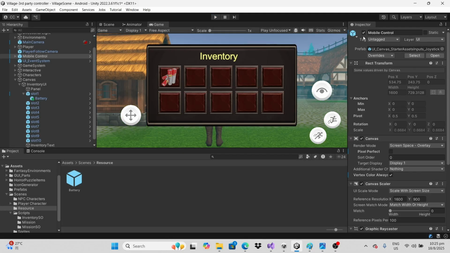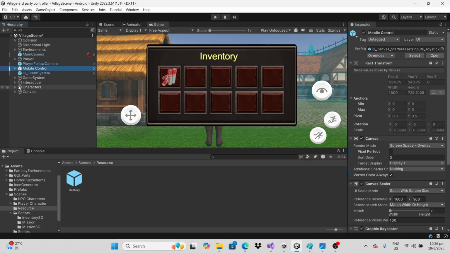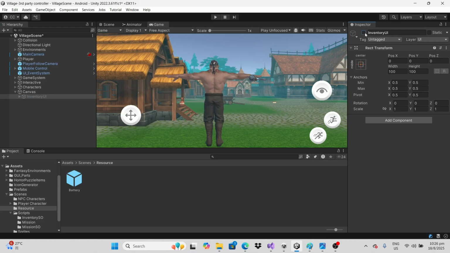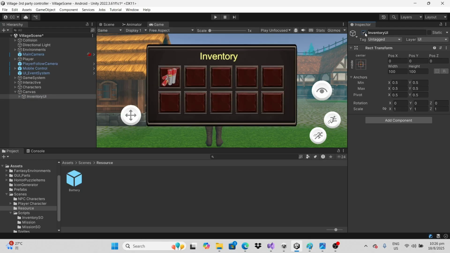So that's the end of part 1 on how to create an inventory. In the next part, I'm going to show you how to move these icons within the inventory interface. I will also show you how to add an input button to the screen so that you can open and